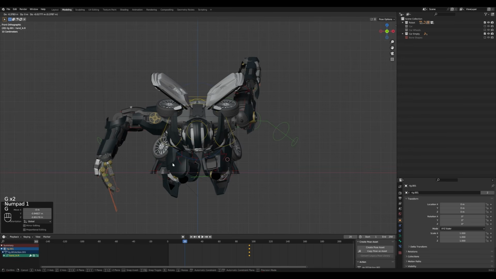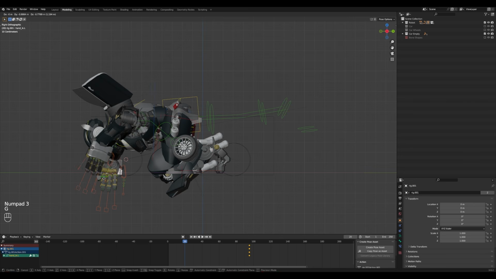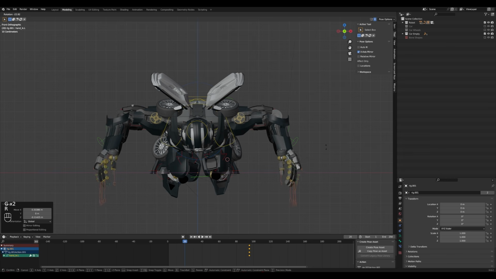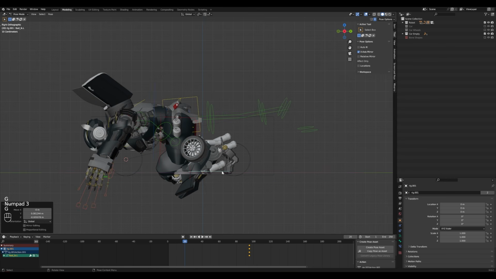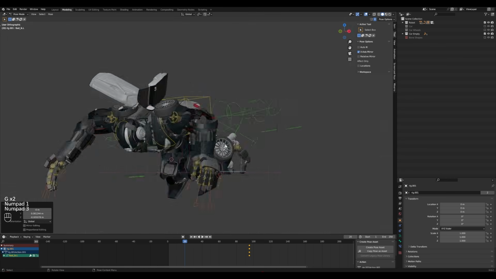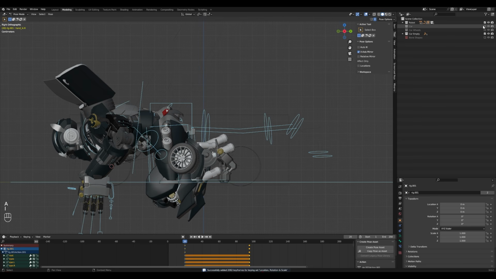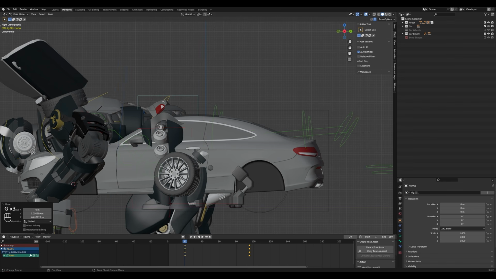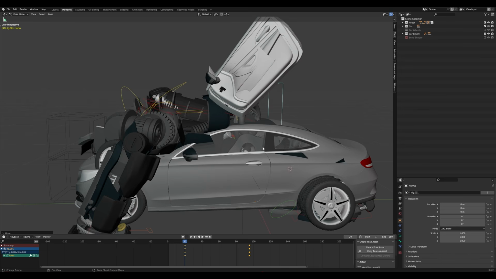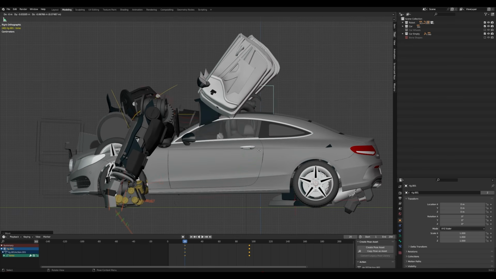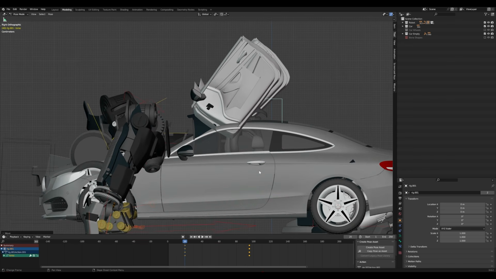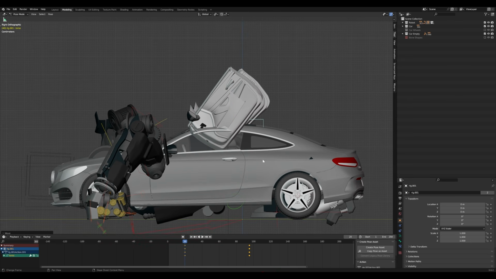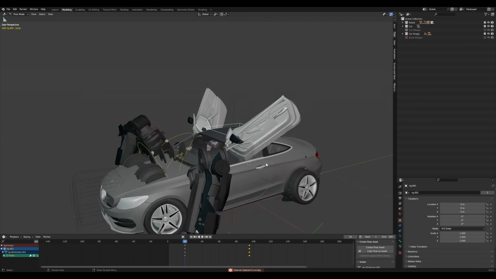Something like this. We also need to place the hands as well. Let me note that I'm doing it very roughly right now. Let's pull the leg back a bit. You can also unhide the car so that you can see the car placement. The thing we have to do is bend his torso in such a way that it is under the car. As you know, I'm doing this for tutorial purposes only, so I will not go into a detailed pose.